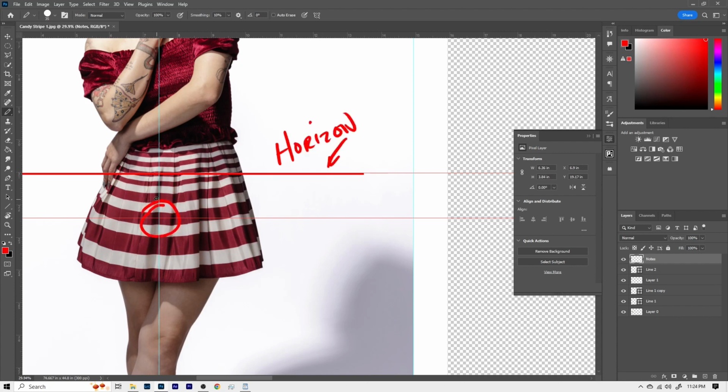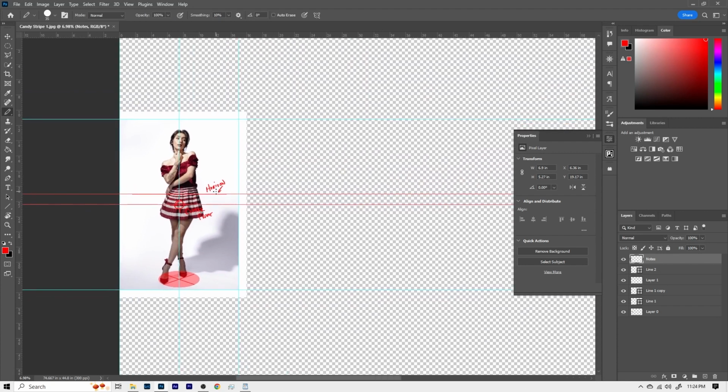And here is where the camera's pointing. We'll call this center frame. Okay, so like I said before, the camera's up and pointing down.